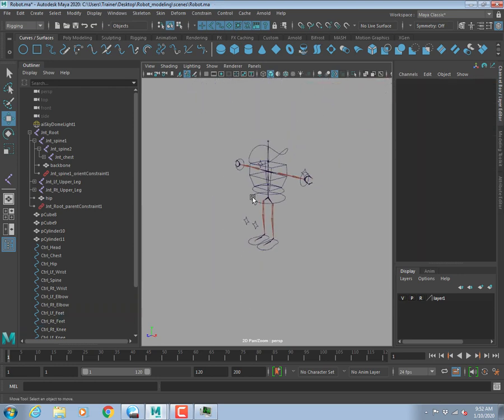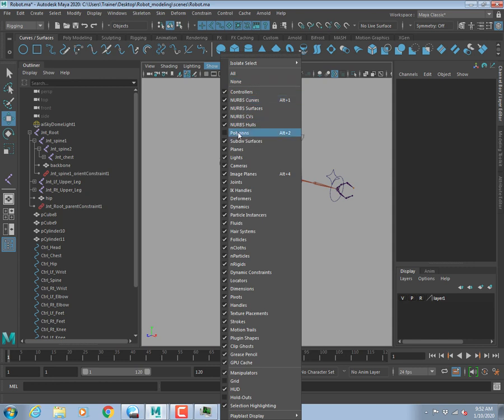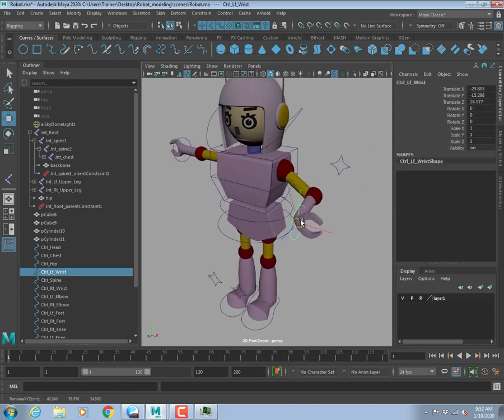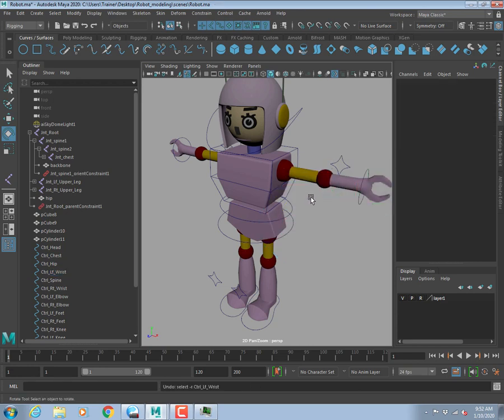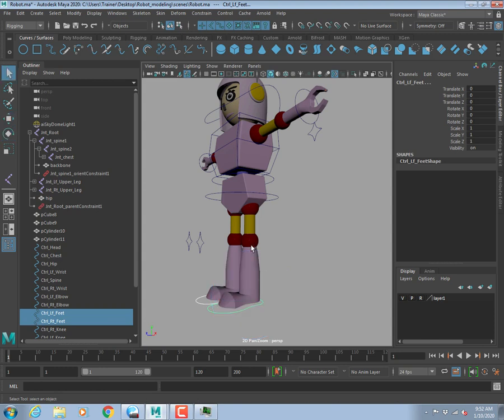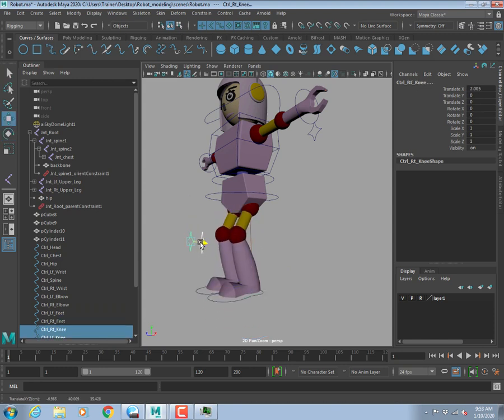Okay, so if I turn on my polygon, I can select this thing, I can rotate. We are not doing the weight paints. Okay, so move it up, then I can,